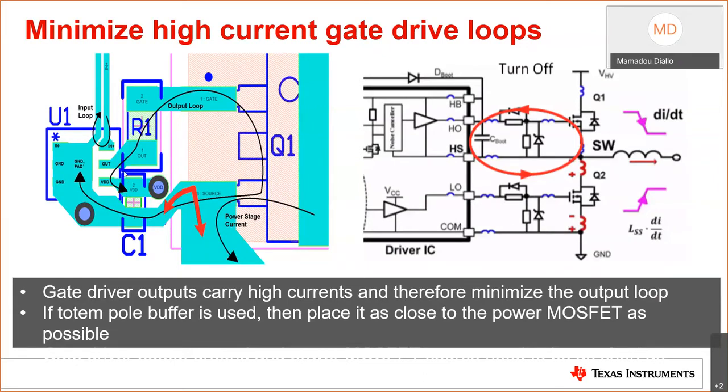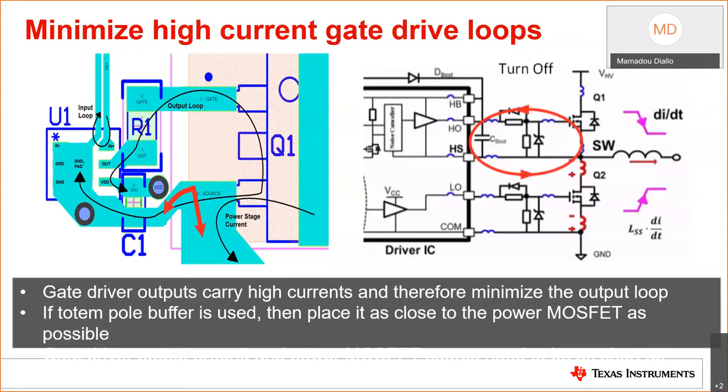As shown on the left here, you see the gate very close to the driver's output and connected through short and wide PCB traces. The ground return trace uses significant copper plane to help with thermals as well. On the right shows the schematic. This will essentially minimize any di/dt and parasitic coupling in the gate drive loop.